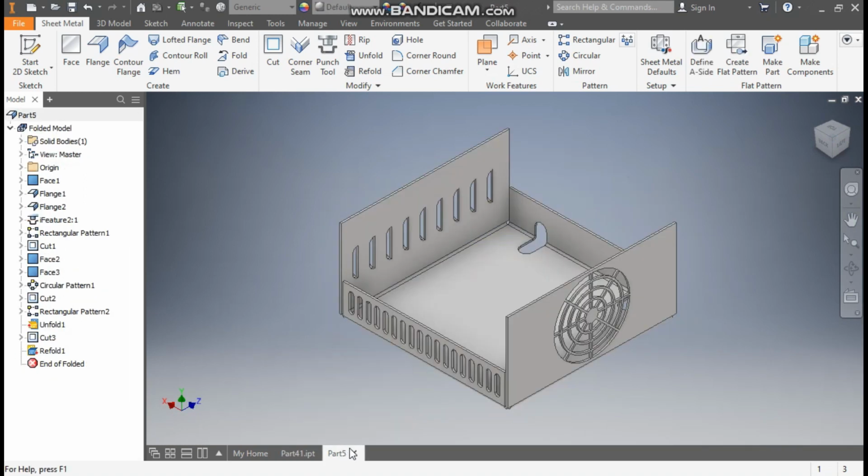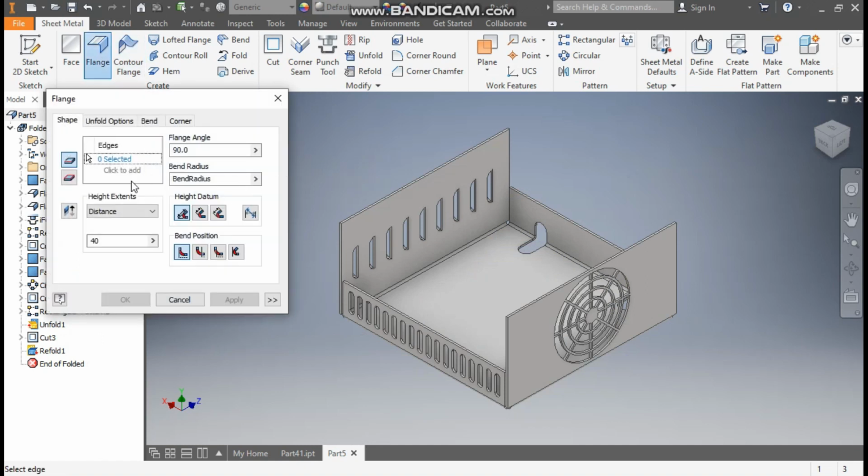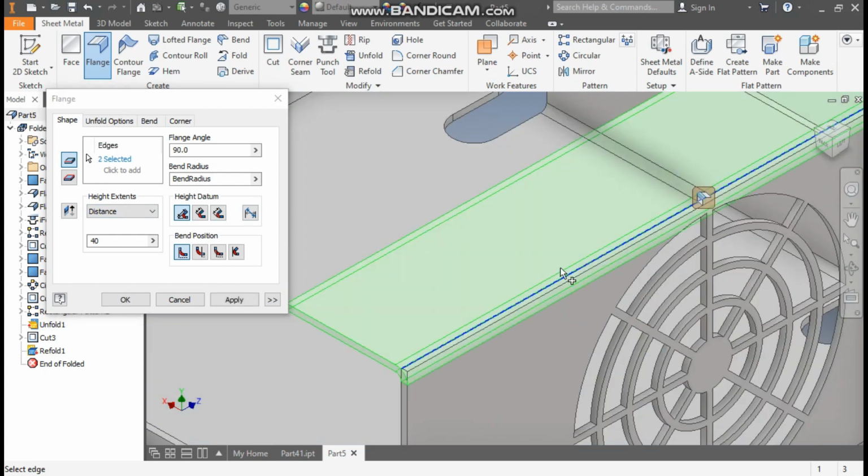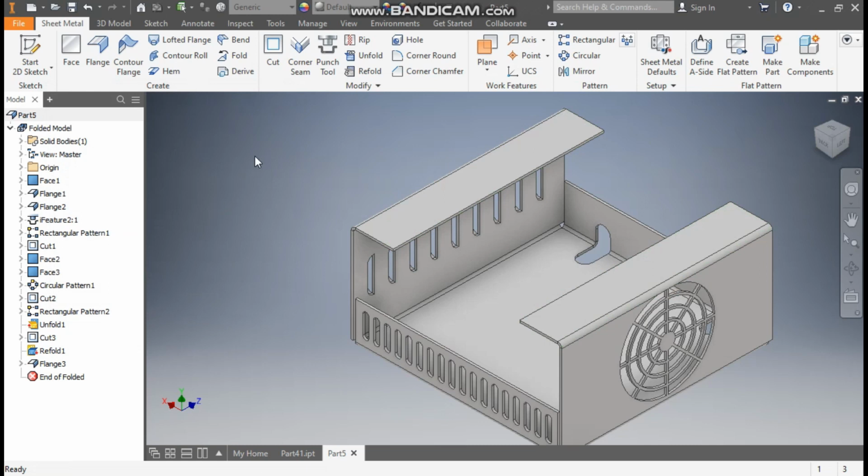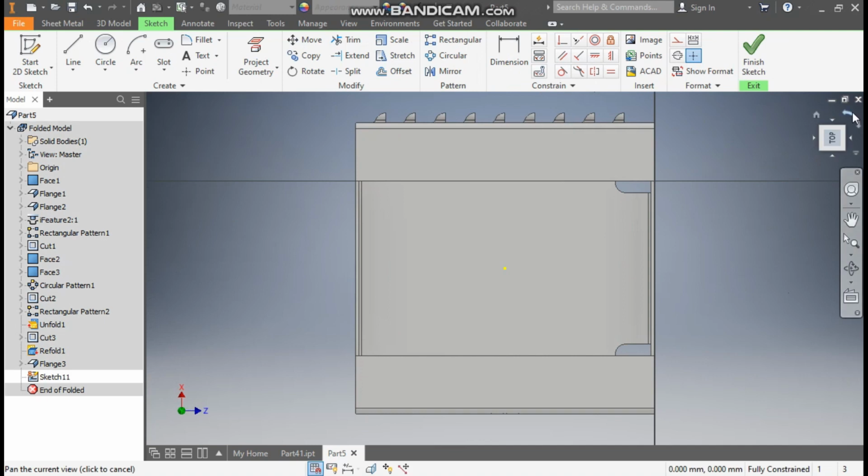Go to part 5. Now take the flange command again and here select this inner side and select this side. Here this flange will also be of dimension 40 mm and press OK. Okay. Now select this top face, go to create sketch, rotate the profile,